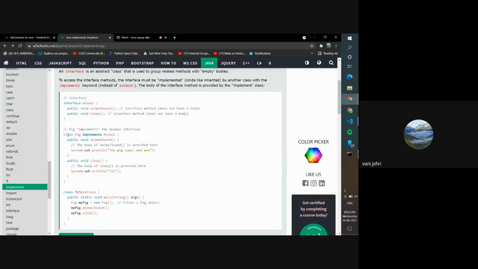But there was this class Pig implements Animal, so it will use these methods and give them a certain function. Why this helps is that there's already this thing defined, so you don't have to think about what methods need to go there. You already implement it and get all of these methods, and you make it do whatever function you want it to do.